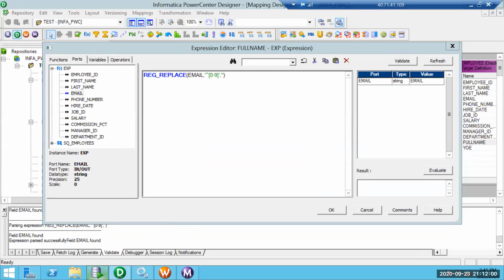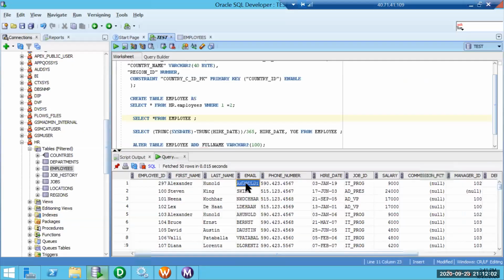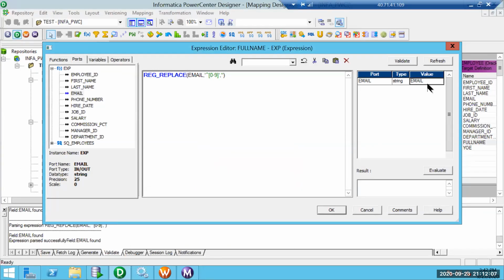So let us pick this value and see if our function is working. The same value, email one, if I populate, evaluate. Okay, refresh. There you go.